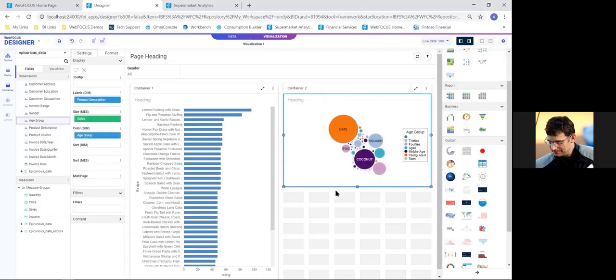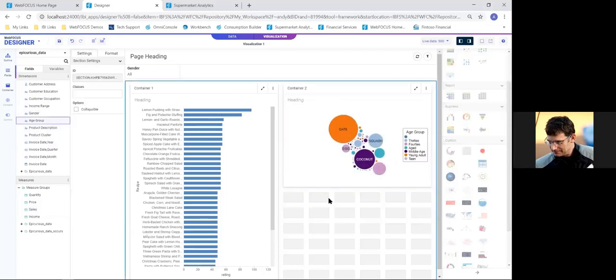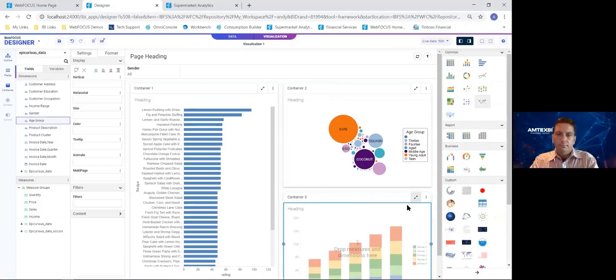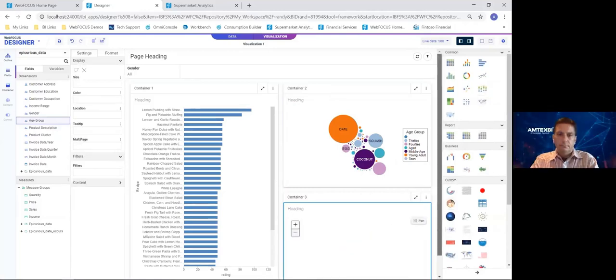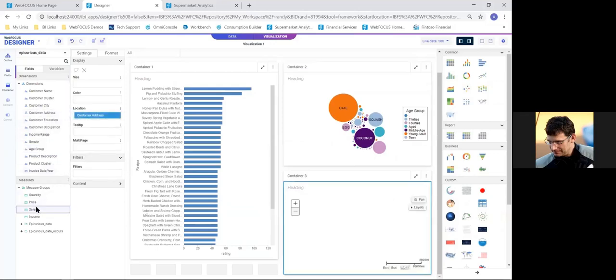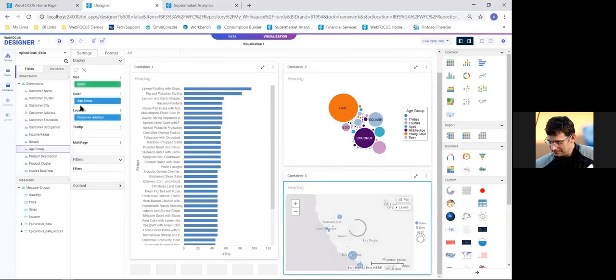So now we have a different type of chart, and let's just add in an additional one just for fun. Let's do, what should we do? Let's do a map. Since we were talking about mapping and the SRI, let's see how that works. Once I select the chart type of map up here, this is a proportional symbol. We also support choropleth. We can pull across what we want. So we're going to need a location, which is the customer address. Let's take a look at sales for the size,